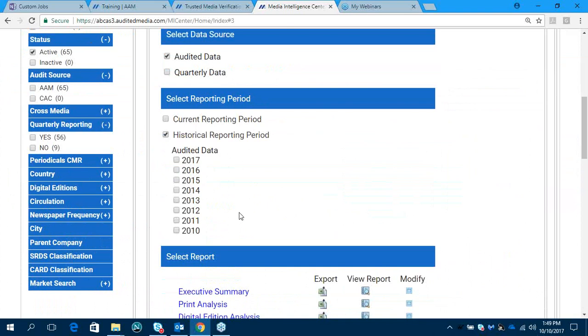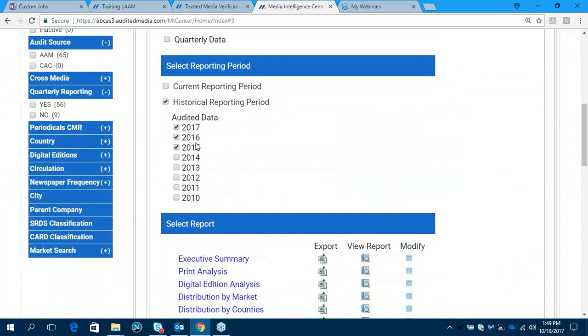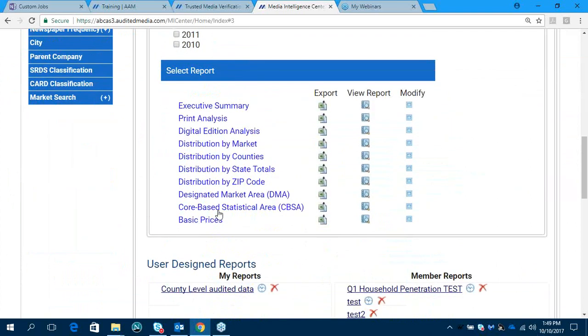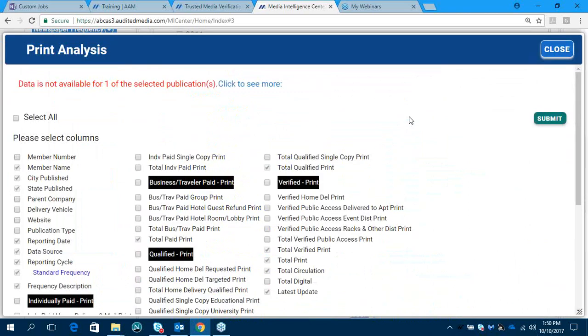But you can access, let's say you want to do 2016, 2017, 16, and 15. It's going to provide you with the data for those papers that we pulled in. Now I've chosen those 3 years, and now I can go in and choose another report, and it's going to pull in that information. So let's say I wanted the print analysis report. I'm going to click that Modify button, and when my window comes up with my information, you can see it